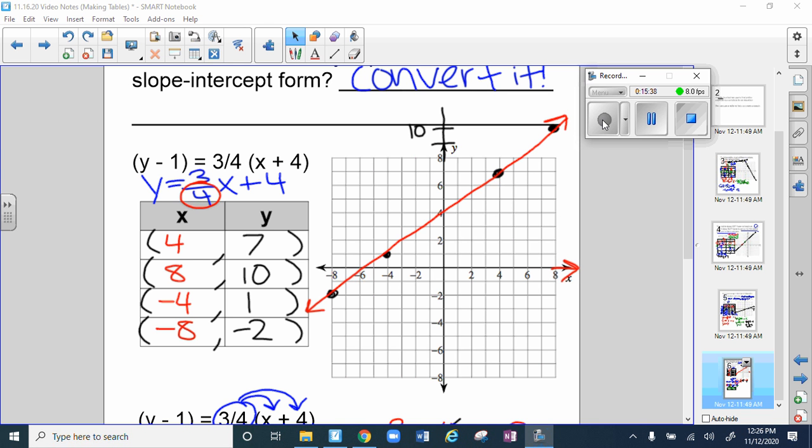And since they're solutions, they create the line, because all of our solutions to an equation are also on the line, on the graph. So that is all I have for you for this video, and I will see you